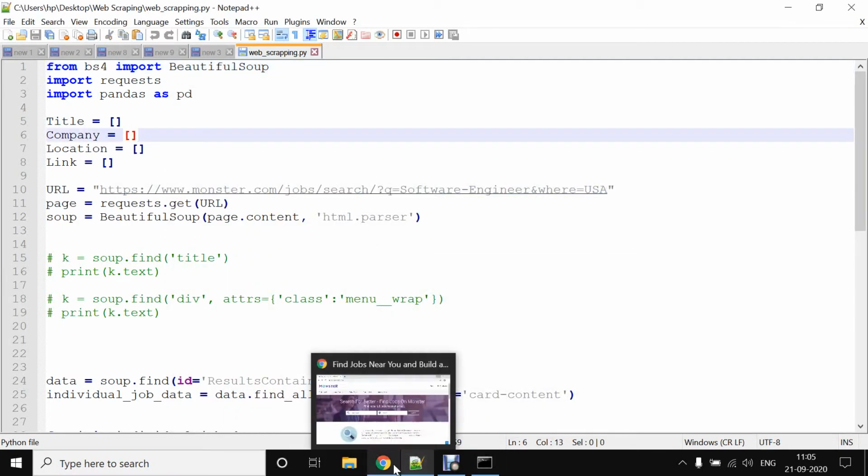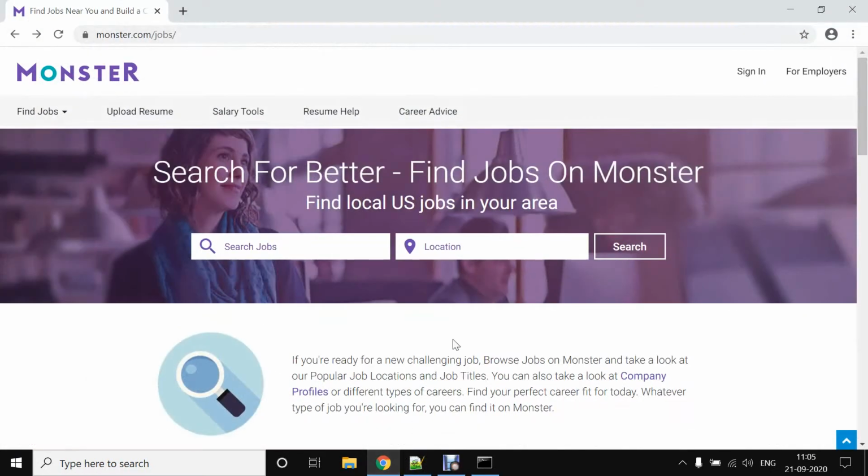Now I will tell you one case scenario. Suppose you are looking for a job. Daily you visit various websites like monster.com and naukri.com and various other websites. What web scraping helps you with is to just create one single script. Whenever you execute that script, all data is fetched into some Excel file. So you don't need to go to various websites. Just create one script and execute it, and all data will be copied to your Excel file.